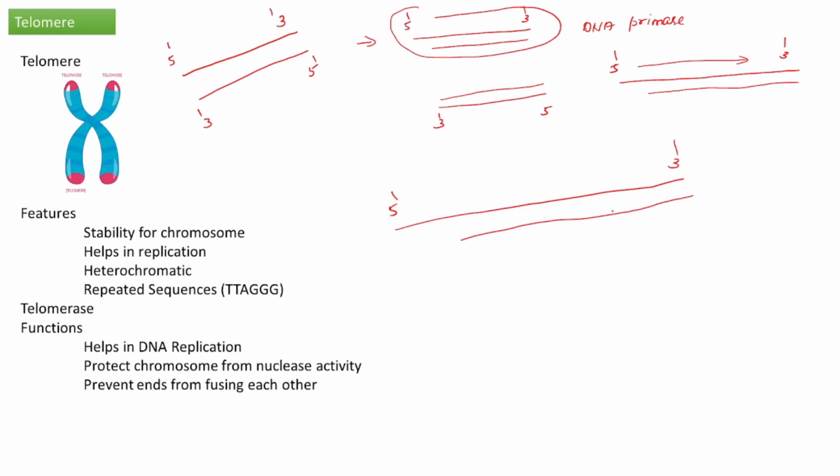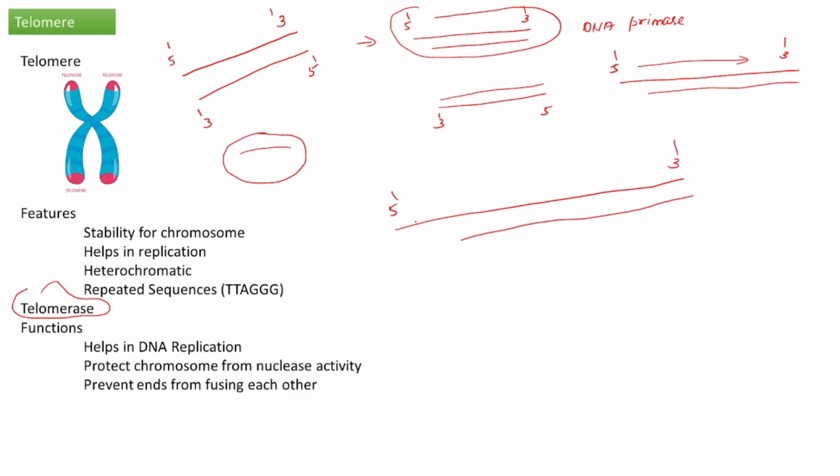But if the process continues in different rounds of DNA replication, there is a chance to lose the coding gene part. So to avoid this shortening, the telomerase enzyme came. Telomerase enzyme helps to regenerate the short portion. How? That's what I am going to explain. First, we need to understand the telomerase enzyme. Telomerase is an enzyme that contains an RNA with it, and this RNA has a sequence complementary to the telomere sequence.